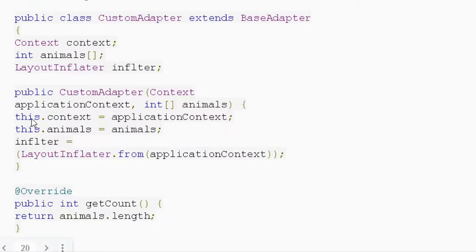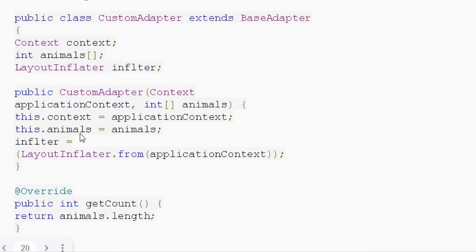Please see here, this stands for CustomAdapter. Under the constructor we are going to use the context parameter. So what is the difference between context variables and normal variables? This is the difference. The parameter value of the application context will be replaced with your context, and the parameter value of animals will be replaced with your class value or class instance variable.